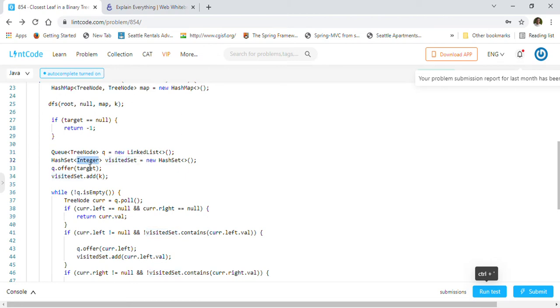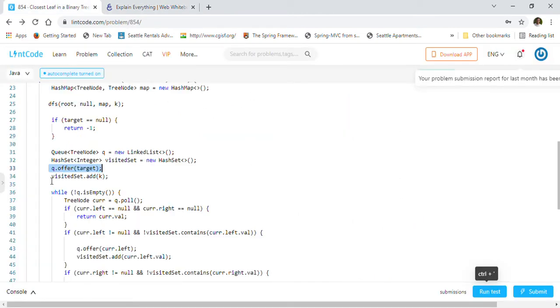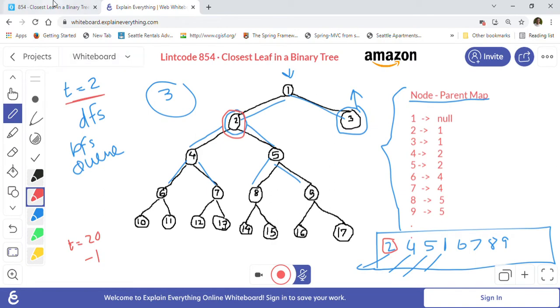So we will create a hash set of integers, and then we will offer the target node first. This target node we offer into the queue, and then we are adding it to the visited set because we have already visited that target value k. K is equal to 2 in this case.